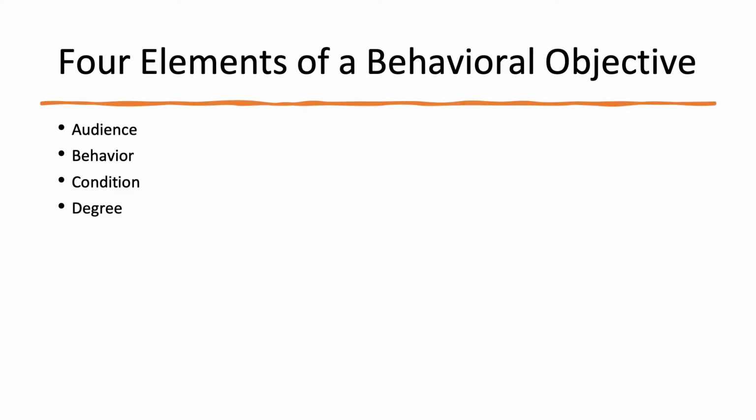Now, what about the 4 elements of behavioral objectives? What are they? Can you break them down for us? I sure can. Just think of it this way: A, B, C, D. So first 4 letters of the alphabet. We did it that way so everybody could remember it. No, we didn't, but you have to be clever sometimes to get people to remember things, these acronyms. So audience, behavior, condition, and degree.